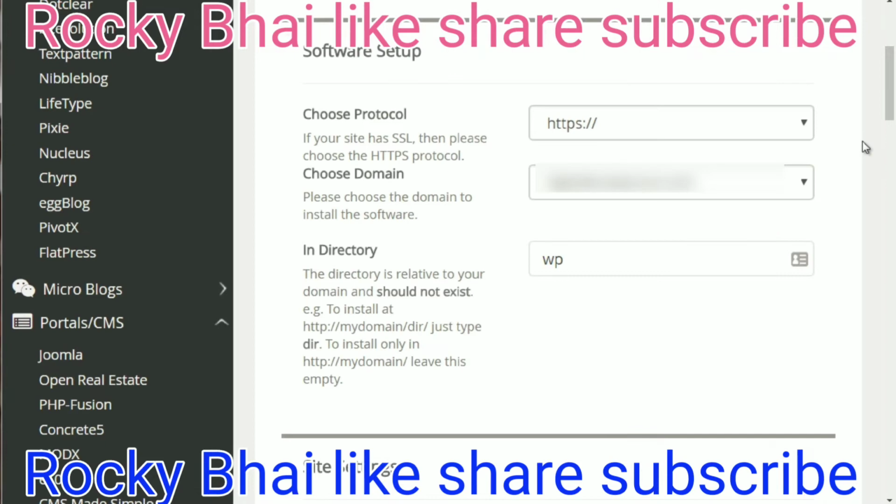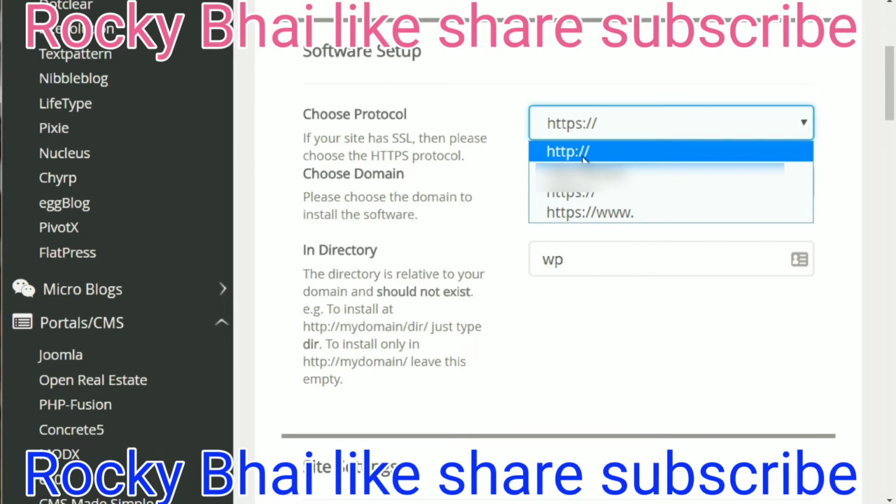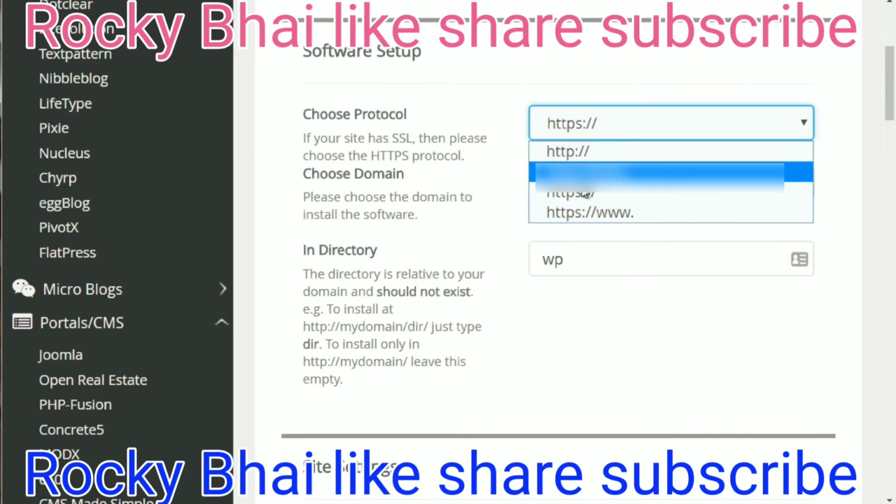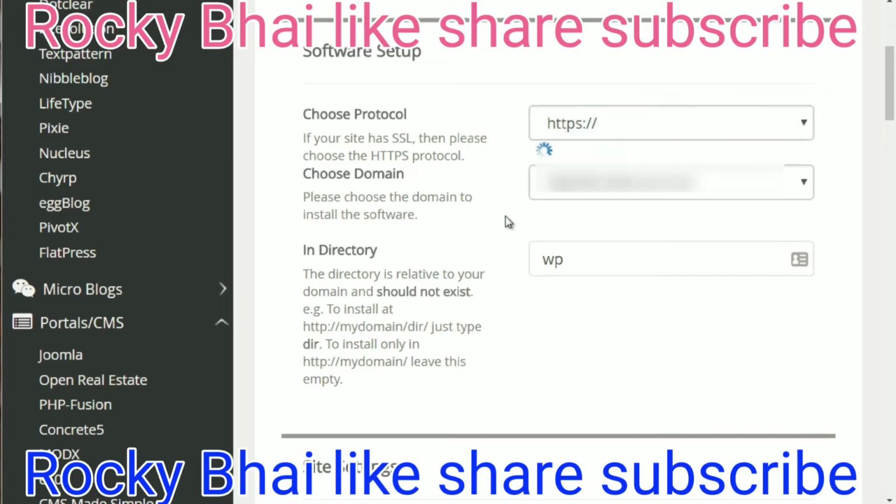And then it's going to say Software Setup. So you want to choose your protocol, which if you're using an SSL certificate, you want to use HTTPS://. And then if you're not, then use one of these two and then one of these. And then of course you want to choose your domain name. And the reason why this is listed is because if you have a subdomain name, you can actually install it